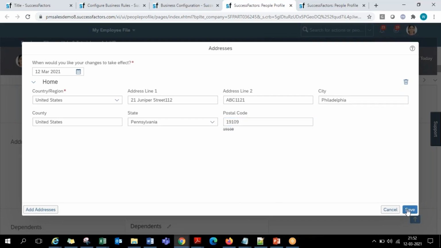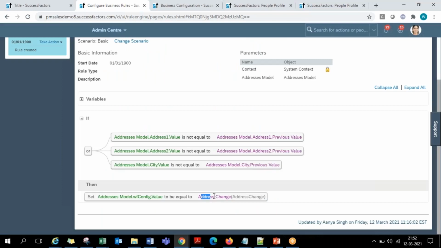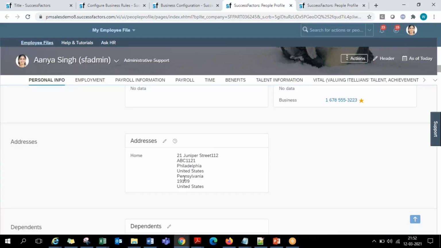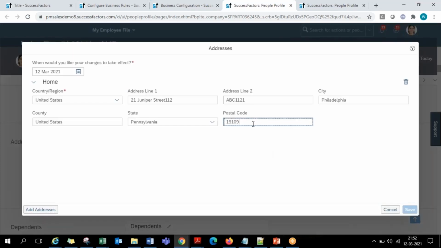I'm clicking on save. When I click on save, the system will trigger this rule. But in this rule, I don't have a condition on that particular pin code field. I'm not checking that condition. So as that field is not checked, the system will save the data without any errors and without any workflow requirements. It is saving. The last digit, which used to be 8, got changed to 9. You can do this any number of times. Now I'm changing 9 back to 8. That is also a change. The system identified that there is a change, but for this change, it did not ask for a workflow.